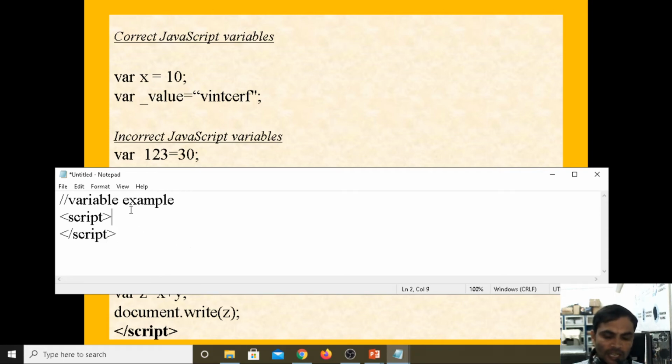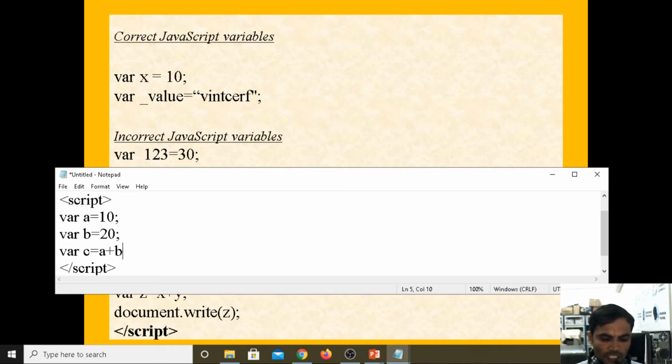Inside the script tag I define the variable var a equals 10, then var b equals 20, then var c equals a plus b.